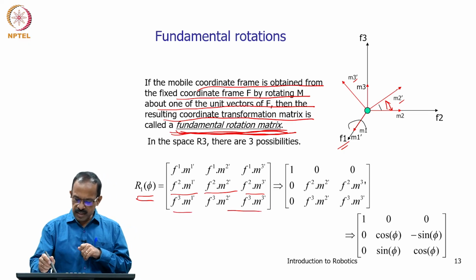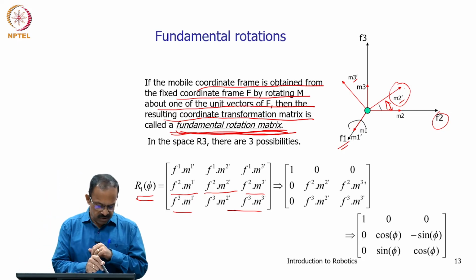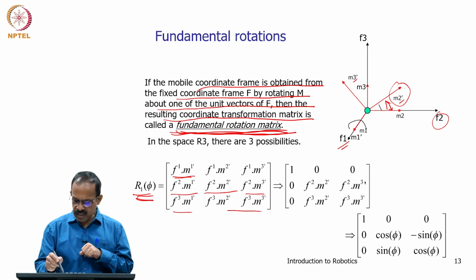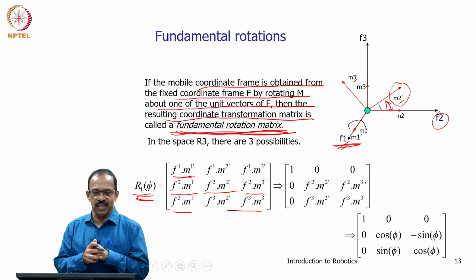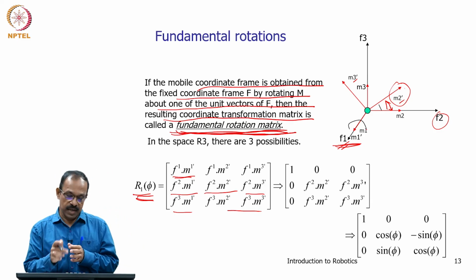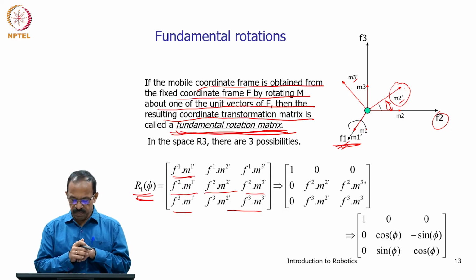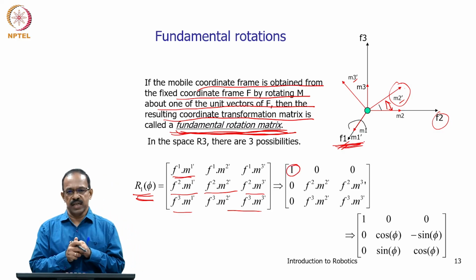So, we are actually taking the dot product of the rotated axis with respect to the fixed axis and trying to find out what the dot product is. So, this R1 phi, the fundamental rotation matrix, is F1 dot M1 dash. Now, F1 and M1 dash are aligned, there is no rotation, because the rotation was with respect to this fixed frame F1, and therefore M1 did not move, and therefore you get this as 1. So, F1 dot M1 dash is 1 in this case, fundamental rotation,